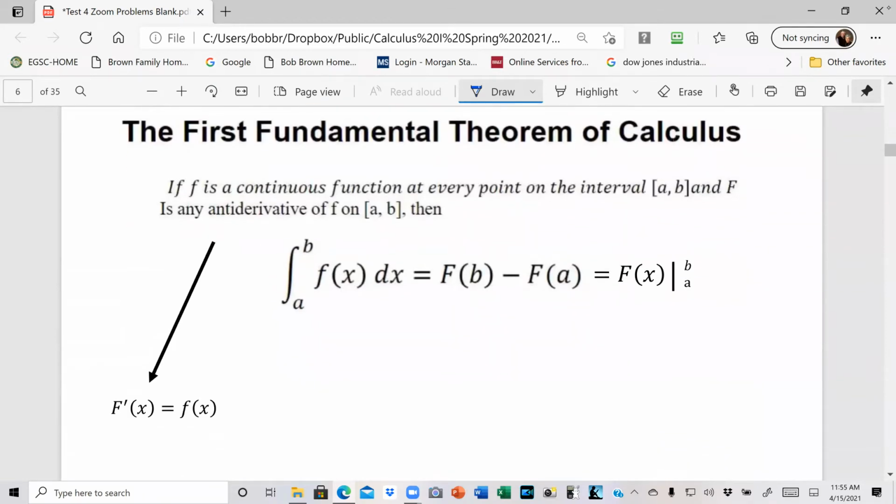So here we have the first fundamental theorem of calculus, and it says if f is a continuous function at every point on the interval a to b, a closed interval, and capital F is an antiderivative of lowercase f on a and b,